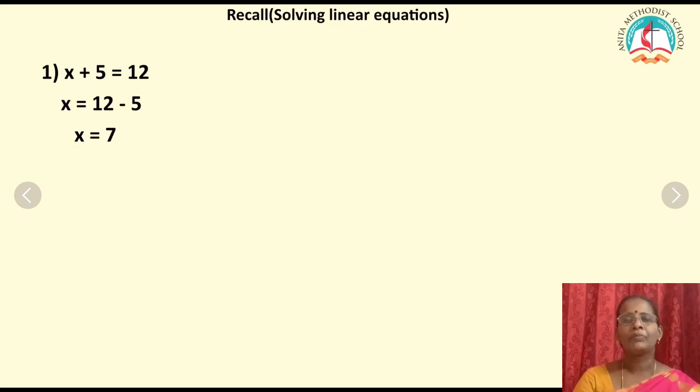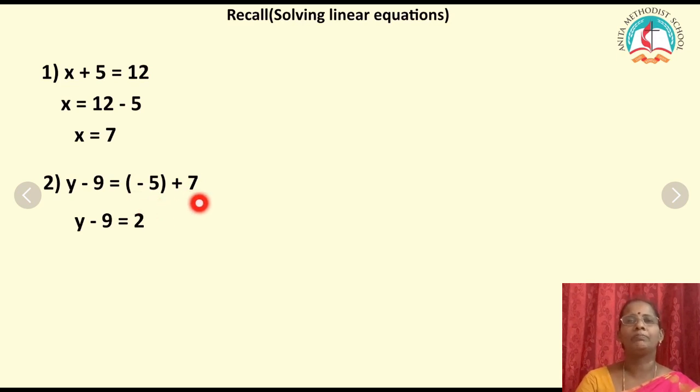Look at the next sum. y minus 9 is equal to minus 5 plus 7. First you simplify the expression. Okay. So the left hand side, let it be as it is. y minus 9 is equal to, what is minus 5 plus 7? You have different sign. Different sign integers, how will you do? You have to subtract. Bigger number minus smaller number. Put the bigger number sign. Okay, so minus 5 plus 7 is what? It is 2. Therefore, y minus 9 is equal to 2. y is equal to, take minus 9 to the right hand side. Now it becomes plus 9. So 2 plus 9. Therefore, y is equal to 11. Clear all of you children?